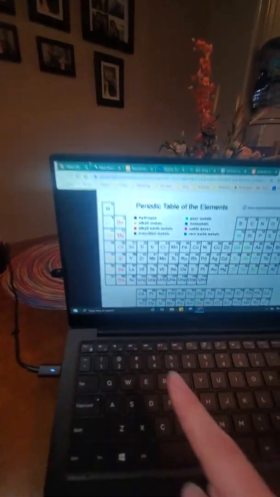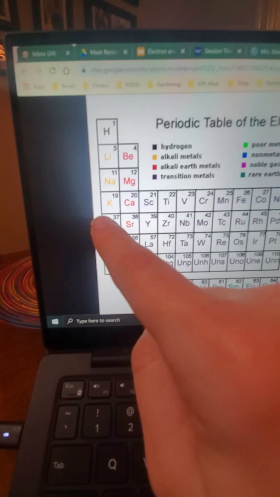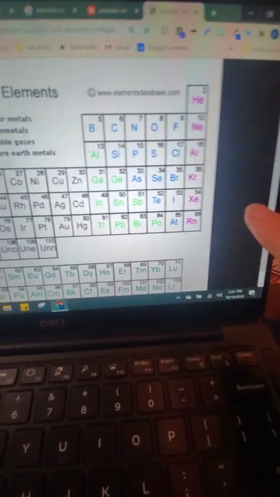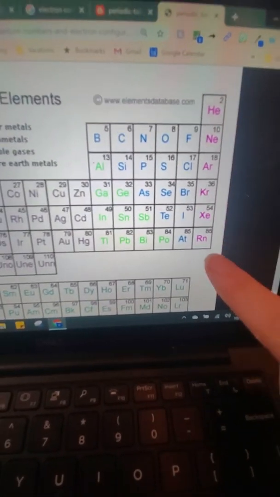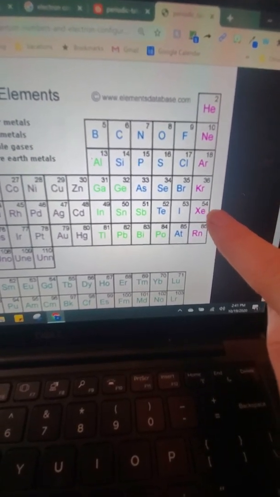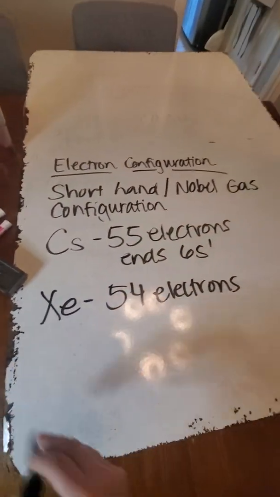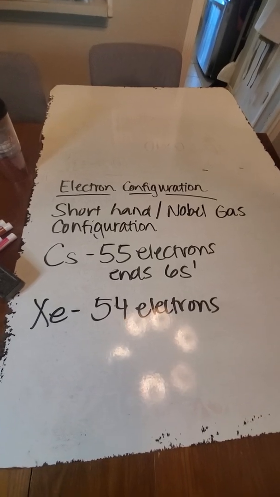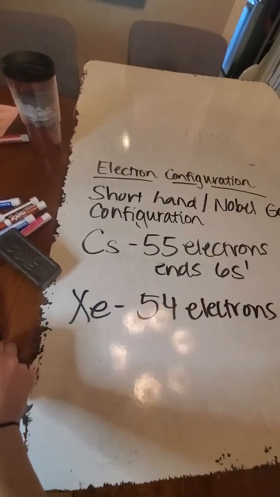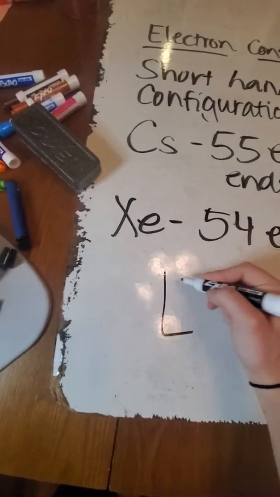Now we're going to come back to cesium, which is 55, and we're going to go back to our noble gases and find the one that's closest. Xenon has 54 electrons, so it is the closest to cesium. They only have a difference of 1. So to do my noble gas configuration, I'm going to take my noble gas that's closest to cesium, which is xenon, and put it in brackets,